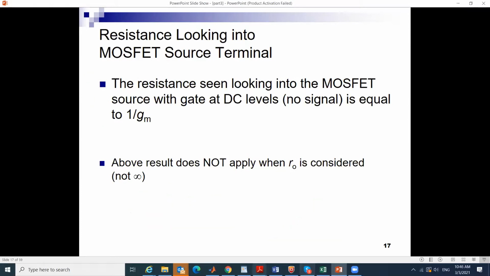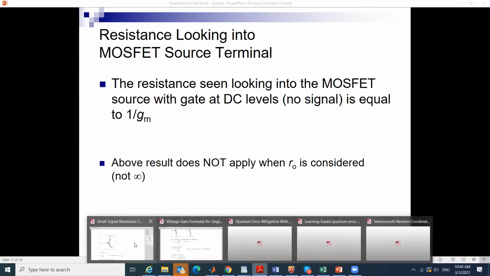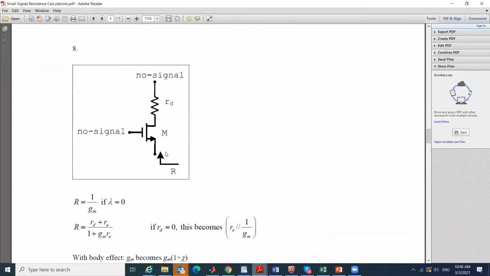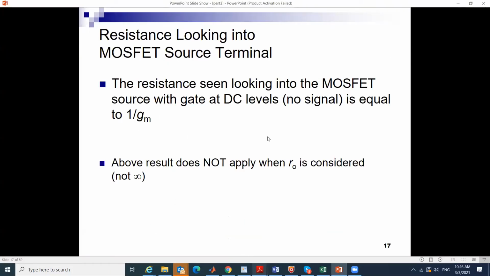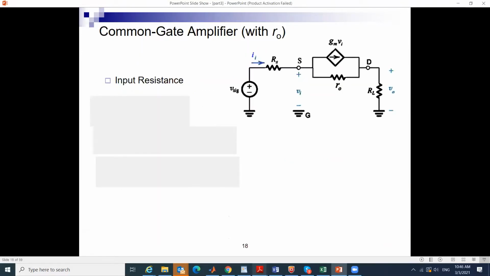Let me share with you the equation. Looking here, we have those two possible resistances as the input resistance, and this is the rule you can use from here on. Now I'm doing the derivation for the case where I have RO, and how I arrived at the equation. We don't have to go through it, but the basic gist of it is that I know that